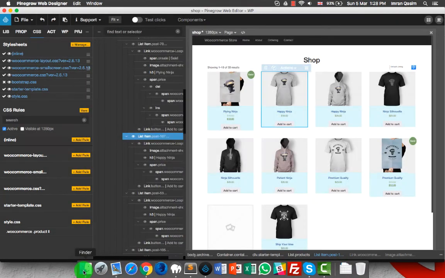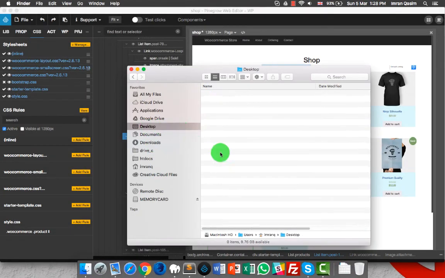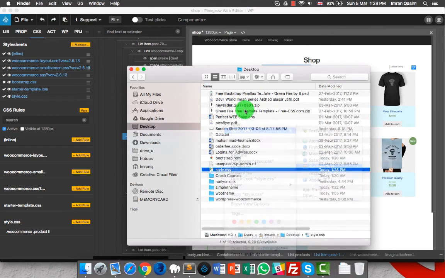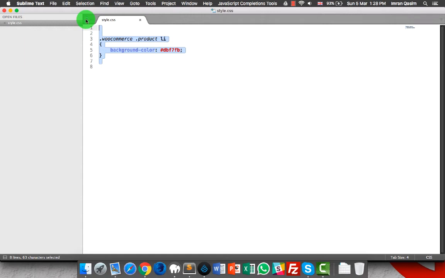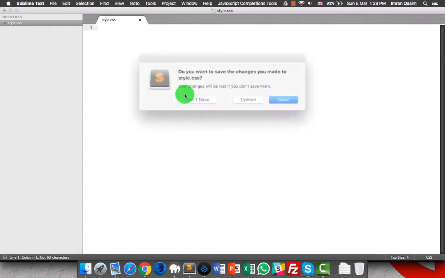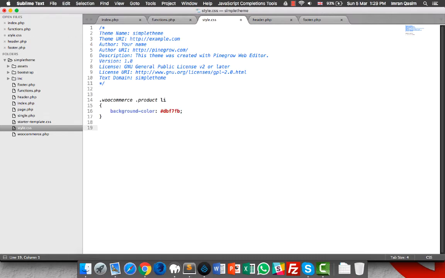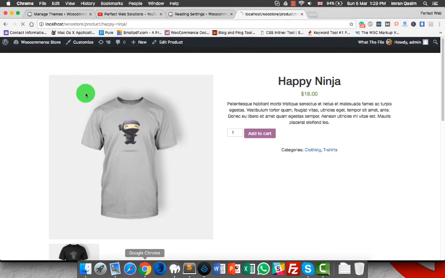After you save it, you can see this change has been made in the desktop file style.css. So this file can be opened here, and then you can cut this style from here and paste it in your style.css. And now if I reload the shop page,